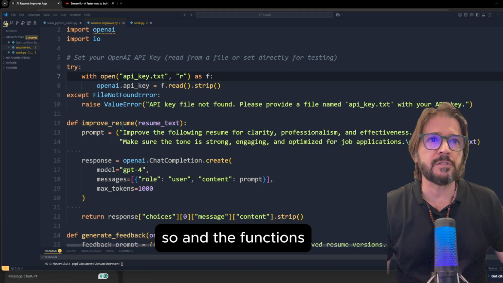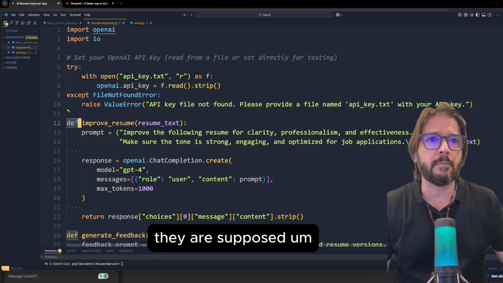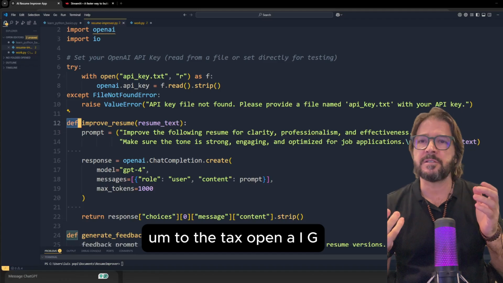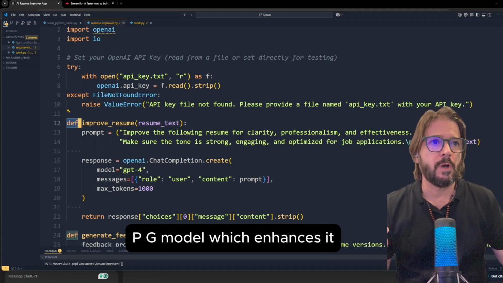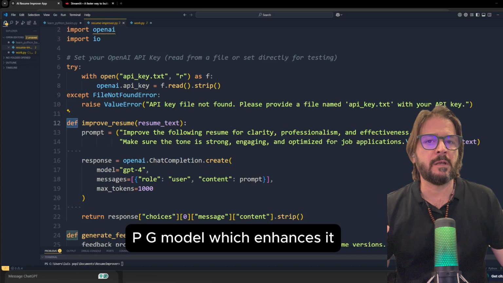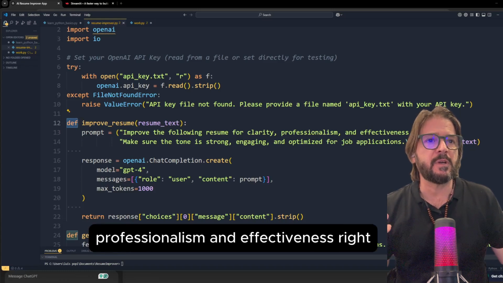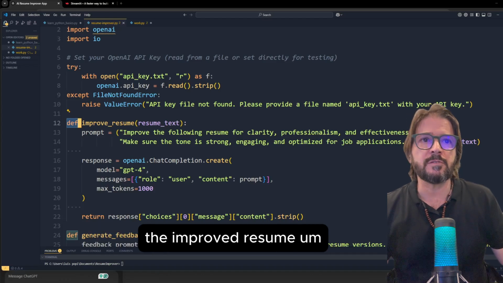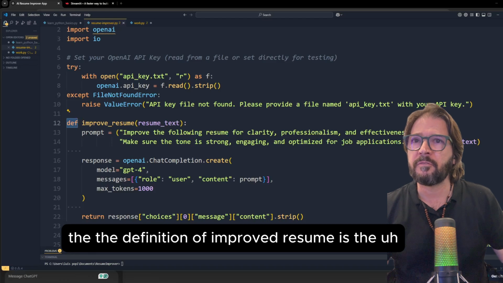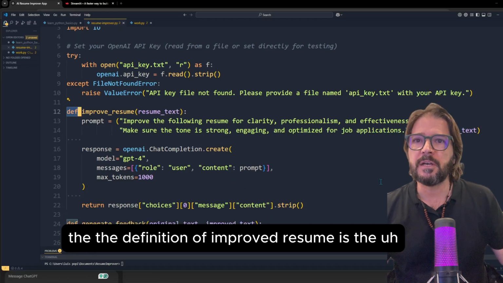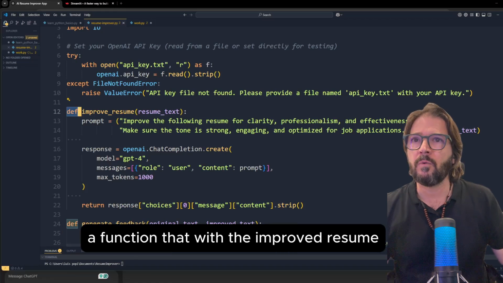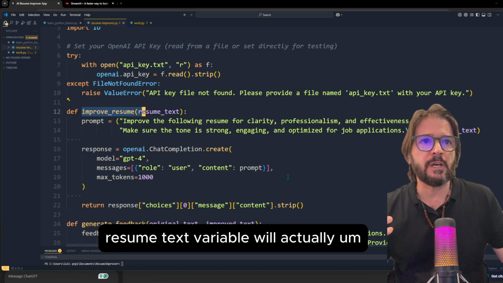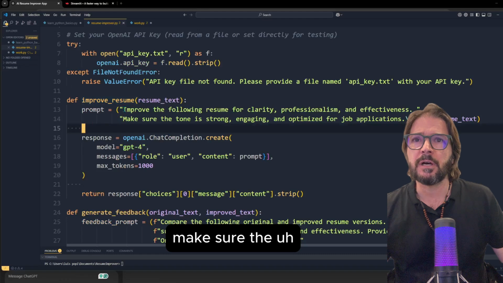The function is supposed to send the resume to the OpenAI GPT text model, which enhances it for clarity, professionalism, and effectiveness, right? And then it's the improved resume. The definition of the improved resume is the function that, with the improved resume text variable, will actually make sure